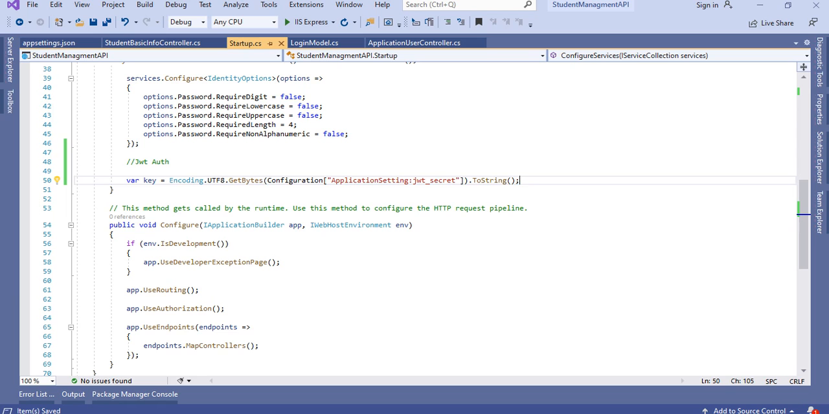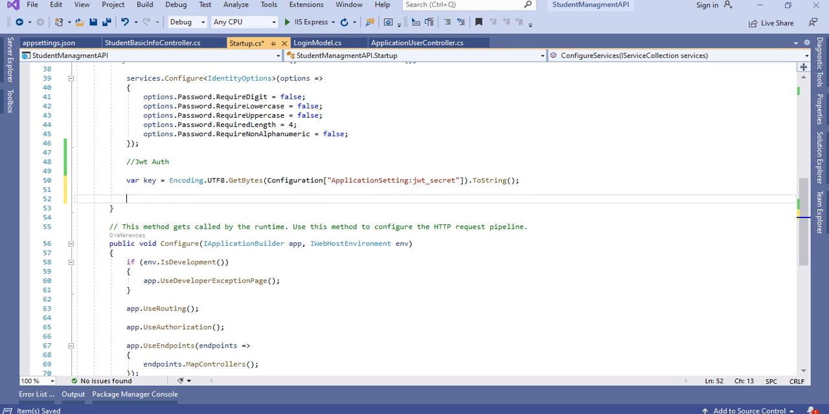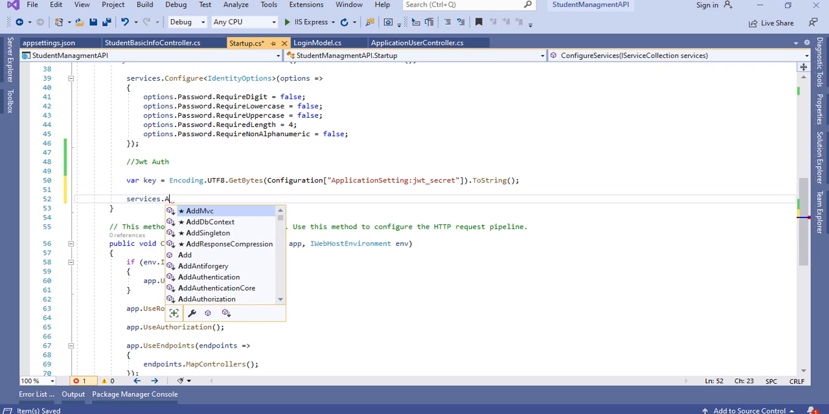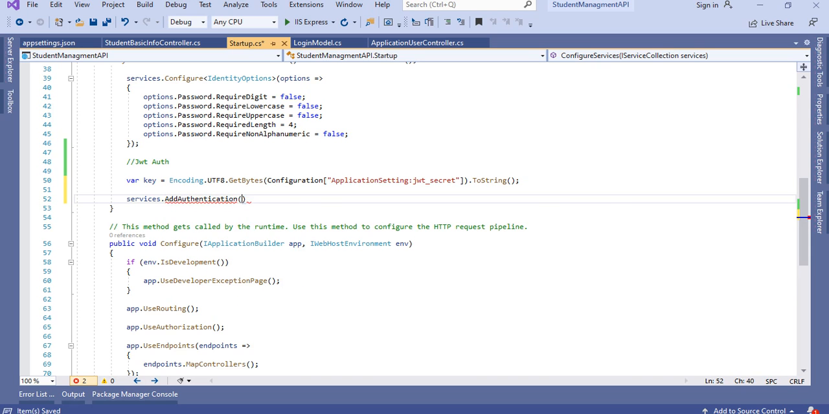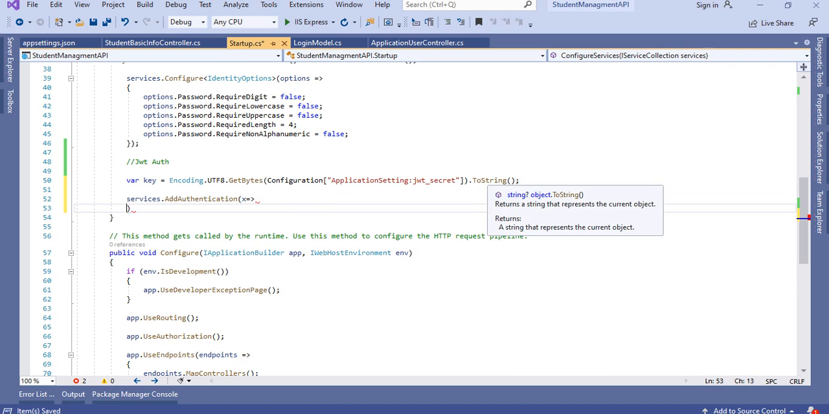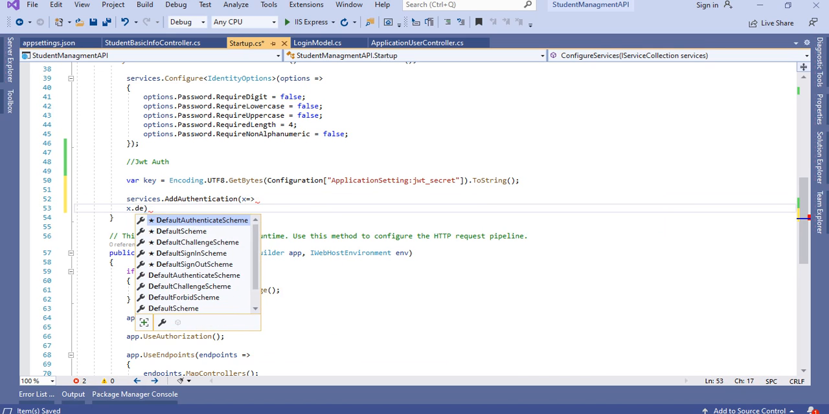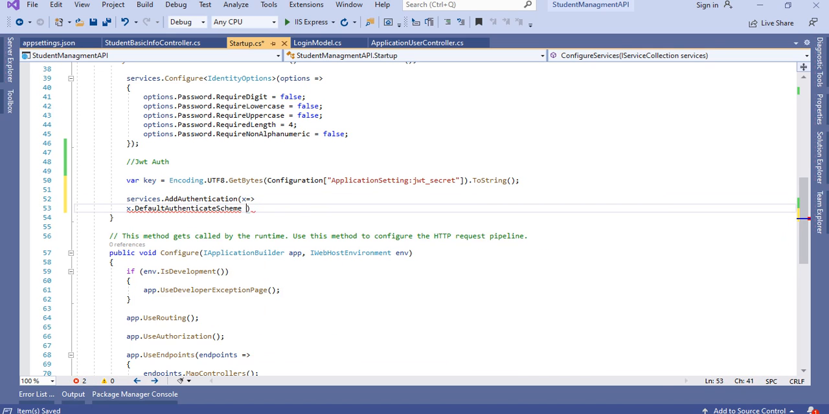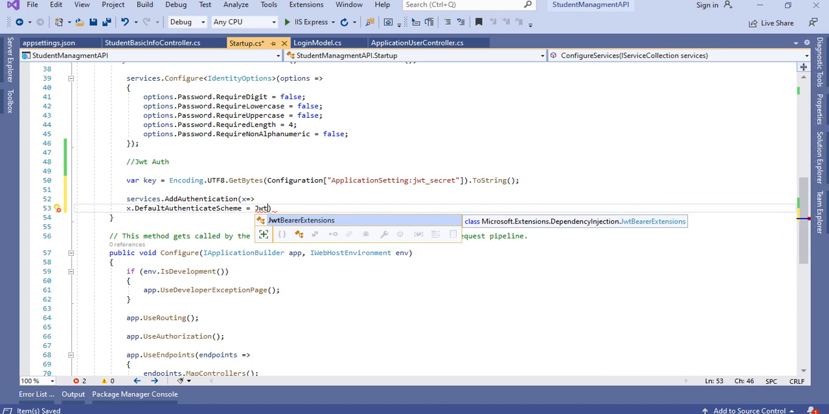Now next, what we have to give from here is services, because we have to add the service. And what we are going to add is the authentication. So add authentication, and inside this one let's give the default authentication scheme. First we have to define it, and for that, JWT Bearer,